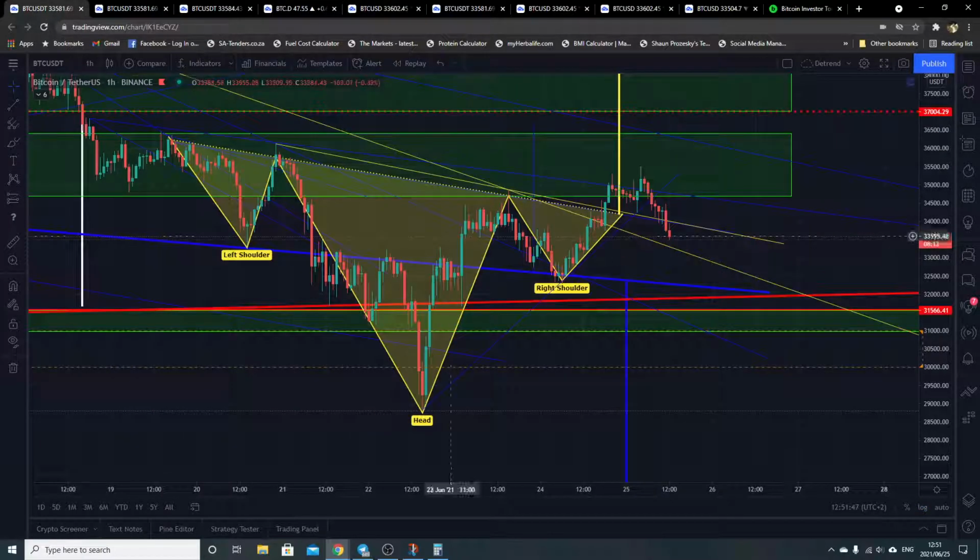Okay, guys, so let's get back into this chart over here. You've been following my 2 videos regarding the potential breakout of the inverse head and shoulders, which is a bullish momentum breakout. But unfortunately, as I said in the previous video, we will need to break and go above the previous high. Yes, okay, we did go slightly above the previous high, but unfortunately with no volume that came in,